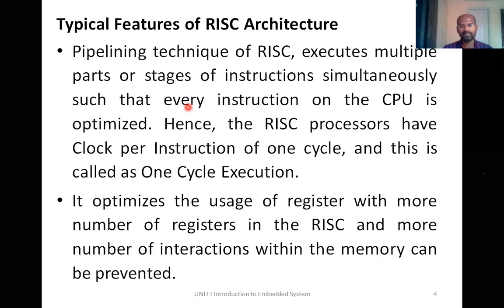It is something like, if you want to dry 10 cloths, instead of drying all of them at the same time, we dry the first cloth, which takes maybe 10 or 15 minutes, then we dry the second cloth, and like that. So we are unnecessarily wasting time. In the pipelining technique, we optimize the CPU for reduced execution time. That's what we do in pipelining.